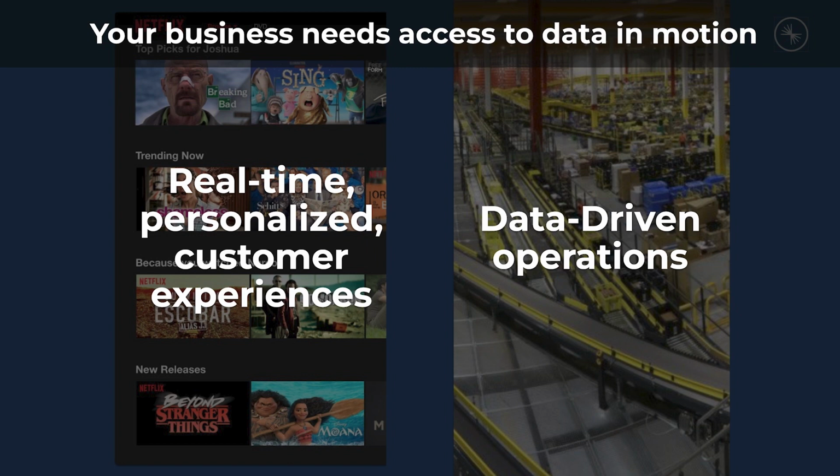One is real-time customized, personalized experiences, and efficient data-driven operations in the backend. Without a really great efficient backend, you really can't provide those front-end experiences to customers. And we, as consumers, are becoming very picky, choosy, and raising our expectations all the time. We want businesses to react to us in real time. We want the e-commerce website to anticipate our needs and give us relevant products, and really know and inform us in real time what is happening around us, for example, the weather reports or anything that's changing around us.